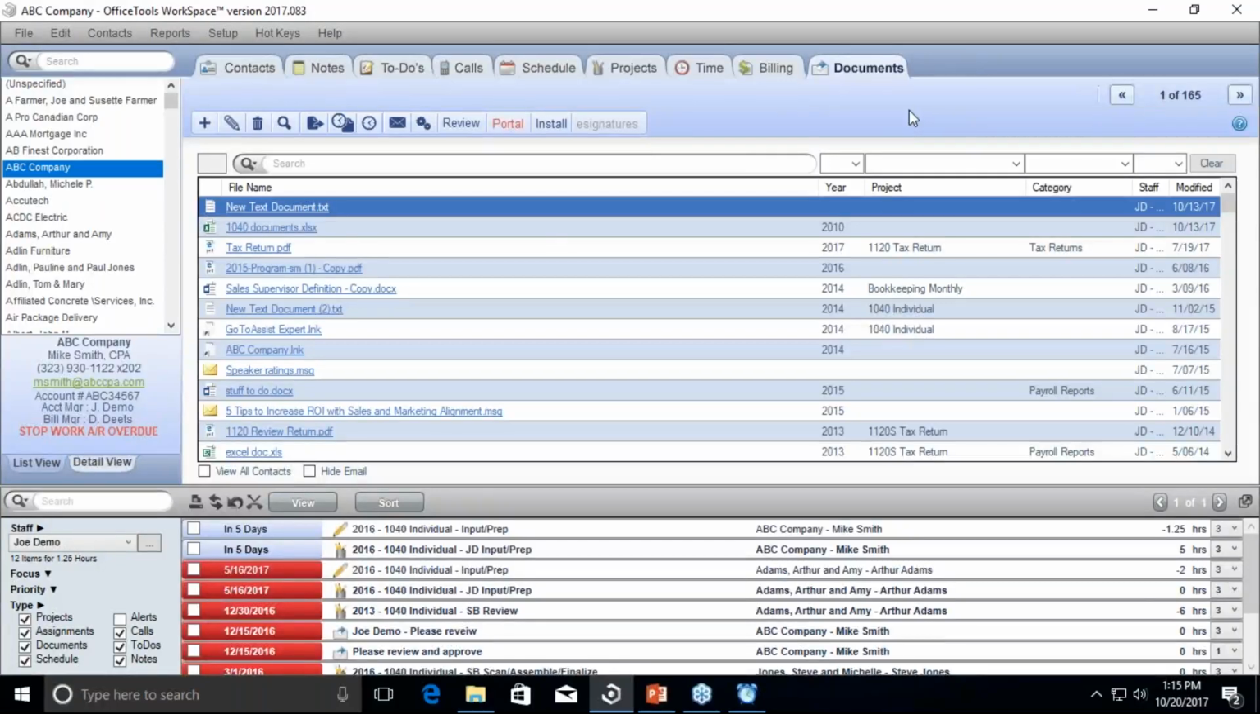So I'm going to start with what it actually looks like. I have a document here that is in document management. It's just simply called new text document. I didn't give it a name. Perhaps it came from my scanner, and I want to change the name. We have a very specific naming convention that we use here, and I want this to be applied to this